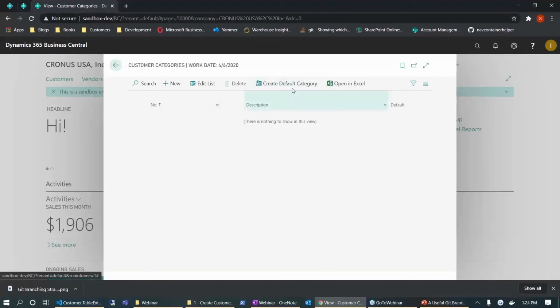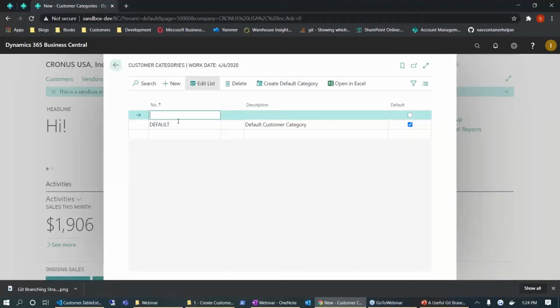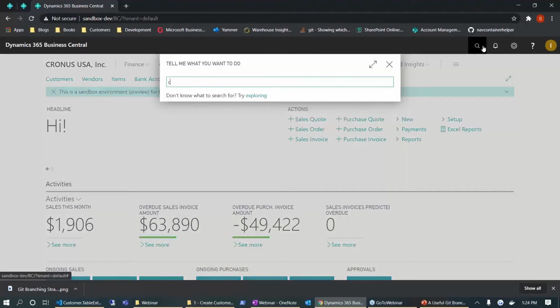Okay, so we have this create default category action. If we click it, it creates a default category. And here we can add other categories. So let's add a gold category. Okay, awesome. So now if we go back to our customers,